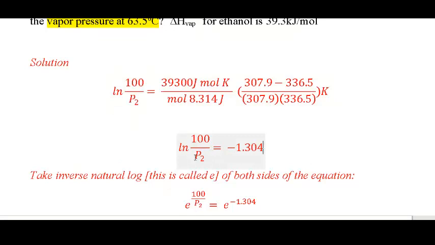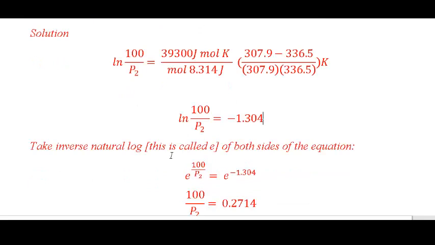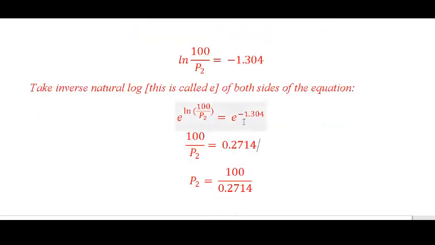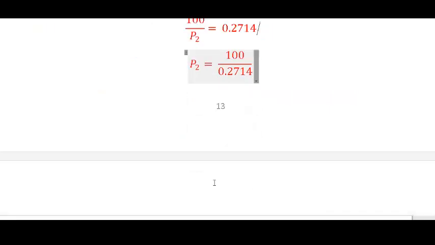The task is to just isolate the P2. So the way you isolate the P2 is you take the E of both sides of the equation. E is the inverse of the natural log. So if I take E to the natural log of this thing, it pops the thing out. And I have to take E of the other side of the equation as well. So doing E exponent minus 1.304, I'm getting 0.2714. I solve for P2, and I get an answer of